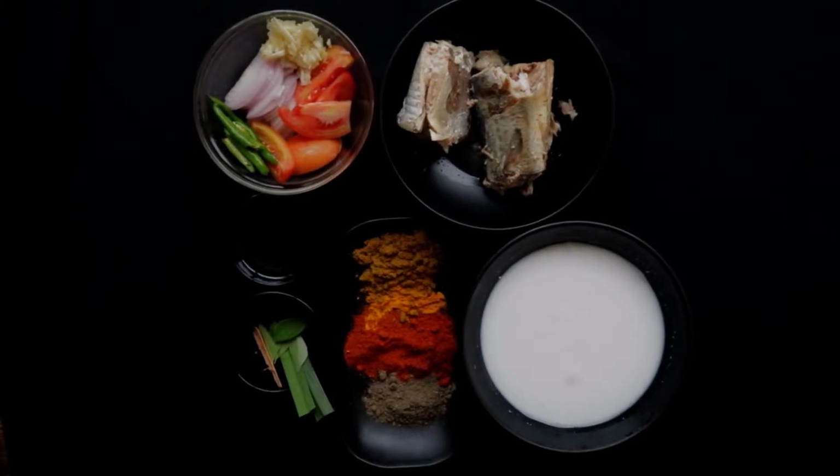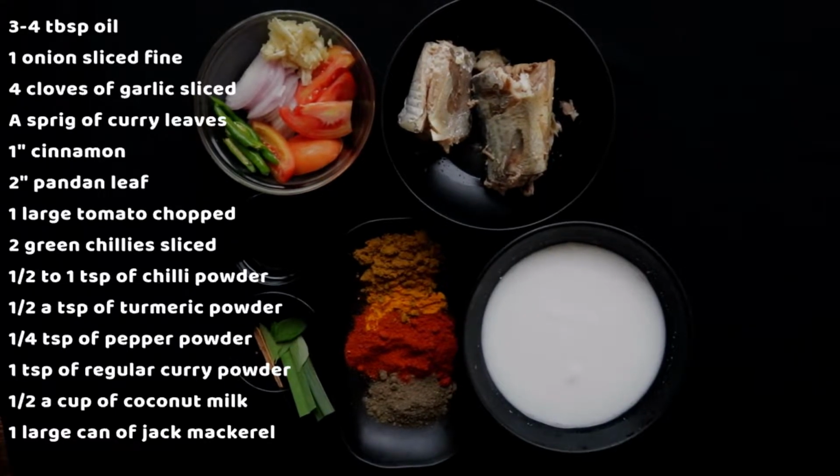3 to 4 tablespoons of oil, 1 large onion sliced fine, 4 cloves of garlic sliced, a sprig of curry leaves, 1-inch cinnamon piece, a 2-inch piece of pandan leaf, 1 large tomato chopped, 2 green chilies sliced, half to 1 teaspoon of chili powder depending on how spicy you want the curry to be, half a teaspoon of turmeric powder,